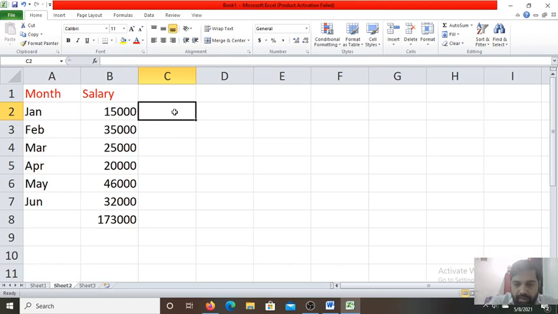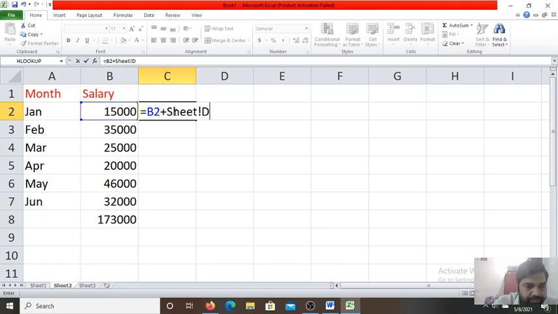Now here we type the formula, equals to B2 plus sheet reference. We are writing D2 from sheet 1. You write sheet 1, exclamation mark, D2.